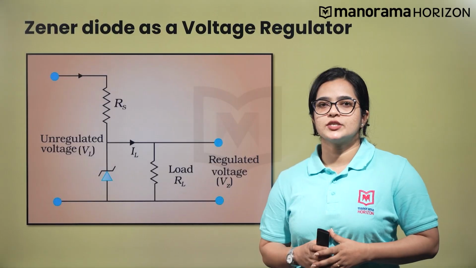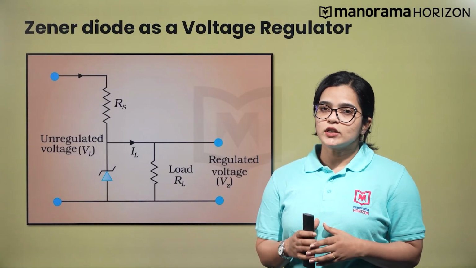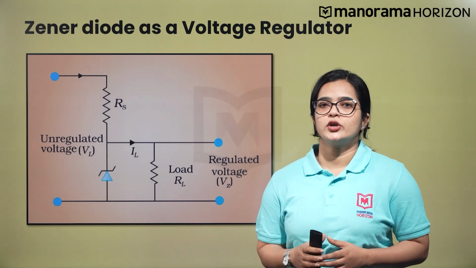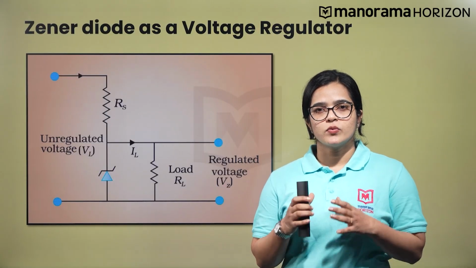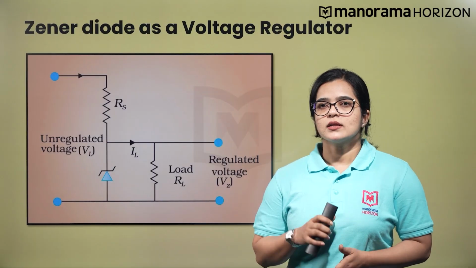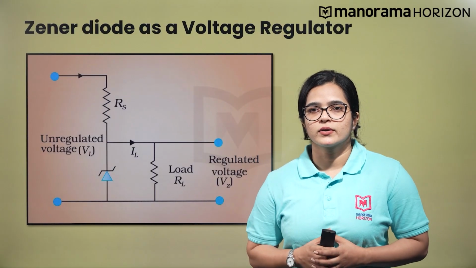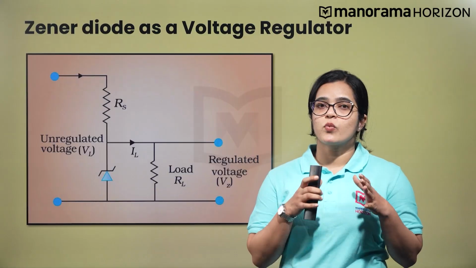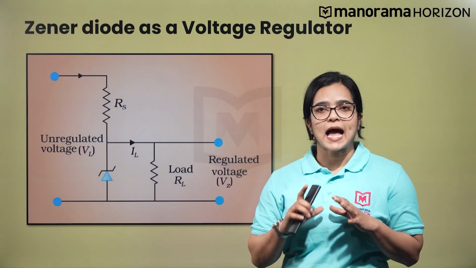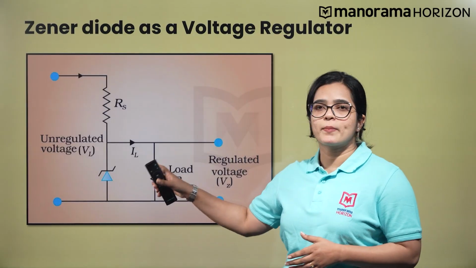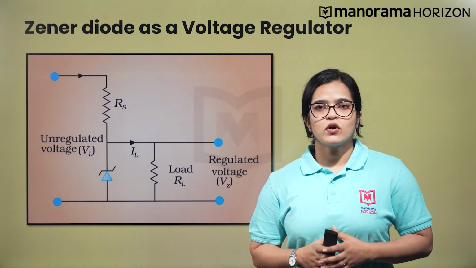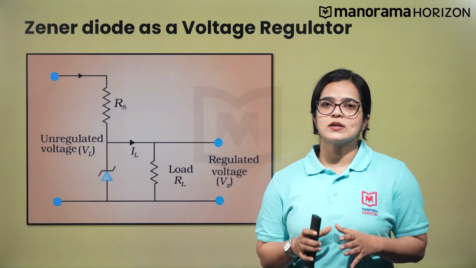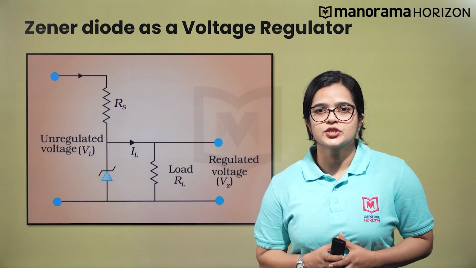This is because in the breakdown region, the zener voltage remains constant even though the current through the zener diode changes. Similarly, the decrease in the input voltage will cause the current to decrease through RS and the zener diode. The voltage drop across RS decreases. However, there is no change in the voltage across the zener diode. Therefore, any increase or decrease in the input voltage will result in an increase or decrease of the voltage drop across RS, and that too without any change in the voltage drop across the zener diode. Therefore, the zener diode acts as a voltage regulator. Also, we must make sure that the zener diode is selected according to the required output voltage and according to